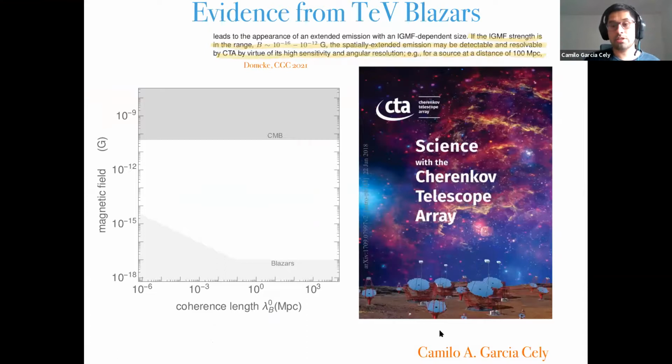Yeah, this is a very good question. The CMB cannot be improved, probably only from below. I think the biggest hope has to do with these Cherenkov telescopes. CTA, for sure, will be able to say something. And in fact, if you look at the science book, you find this statement that I put there in yellow. Essentially, they say that if they are lucky, they will be able to measure magnetic fields of the order of 10 to the minus 16 to 10 to the minus 12.